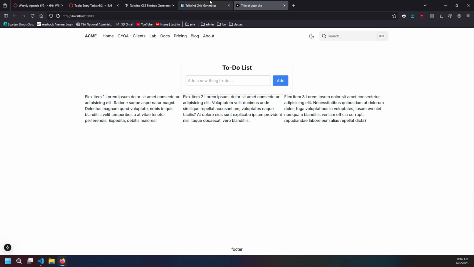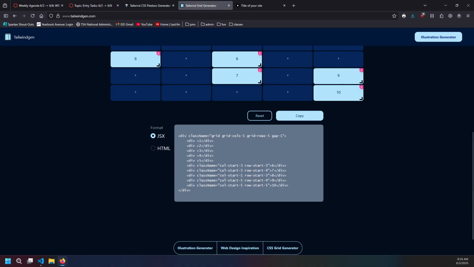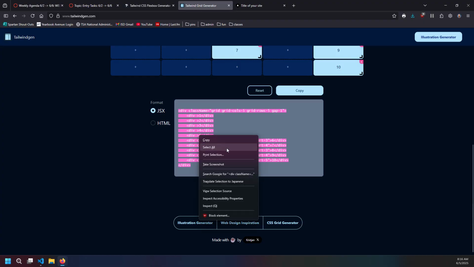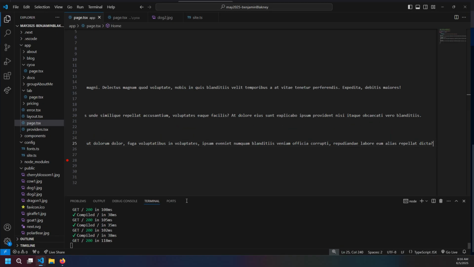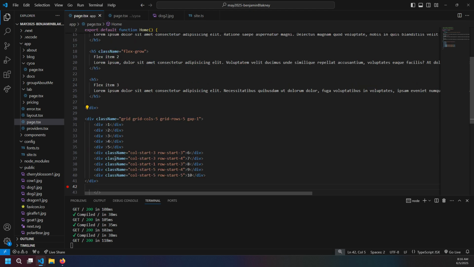I can also take my Tailwind grid once I've got it generated and once I'm happy with the layout. Hey, guys, I'm showing you tricks. You should listen. Shush. We're going to copy. What if we just click the copy button right here? Copy the JSX, go into wherever I'm creating my code, go after the div that I just wrote, Control V,